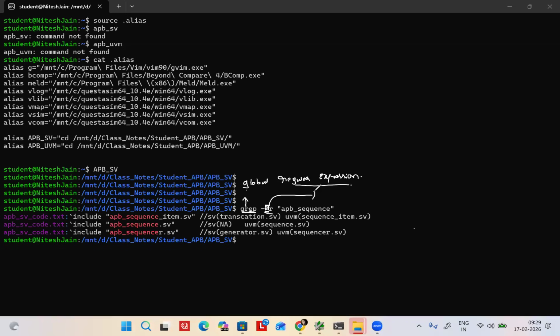Here, what does I mean? Insensitive. What is insensitive? If you want to search APB, it will search it, and the other case variants of APB also. If you remove I, whatever word you give, it will search only in that format. Here case is ignored. You write capital letter or small letter, it will search everything for you.